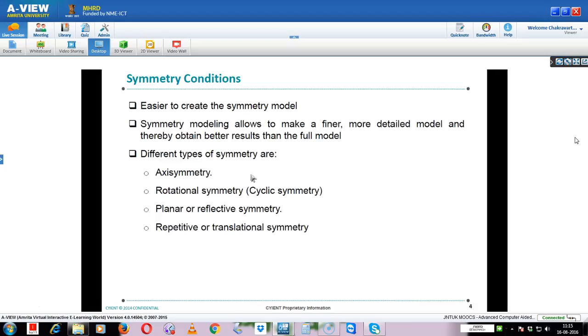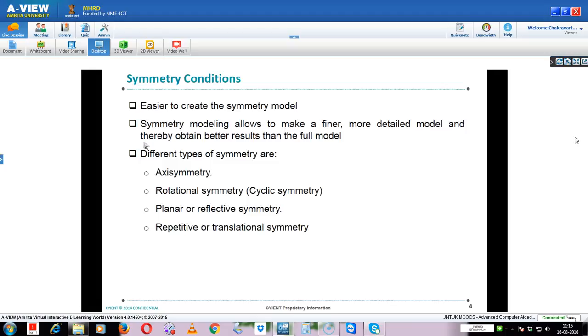So some of the things about symmetry: it is easy to create a symmetric model. So no need to model the complete assembly. We can take the symmetry and we can model it. Modeling is very easy. And another advantage is you can use finer modeling details. For example,